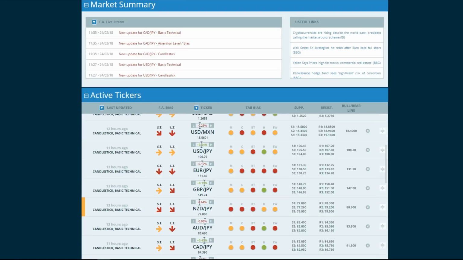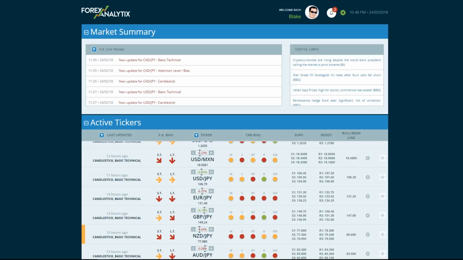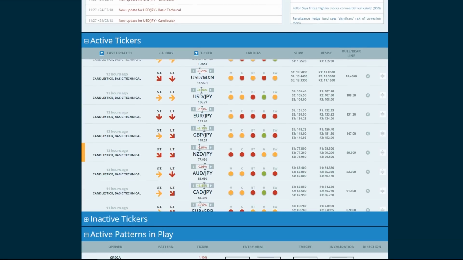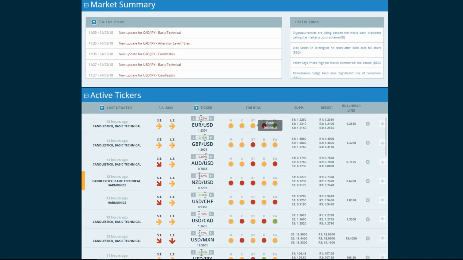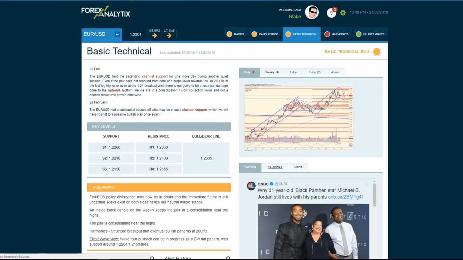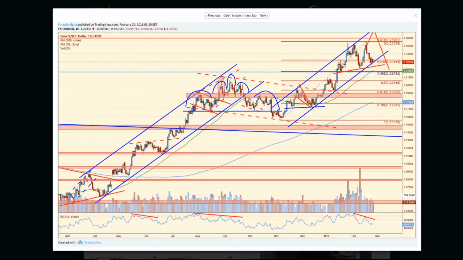Now let's talk about a couple of key events that happened this week, and really the biggest key event, if you ask me, was, well, let's take a look at the reversal that we saw in the euro earlier this week. What happened in the euro dollar that was so important was that we had this false breakout above 1.25, and that has led us to this channel support.